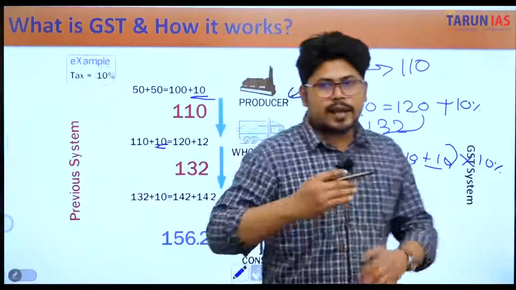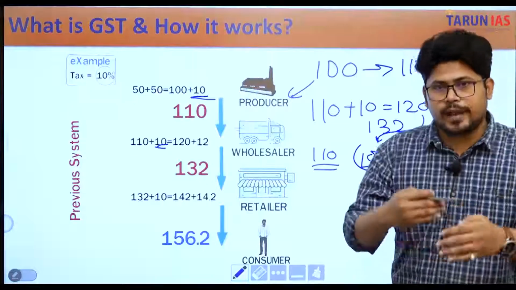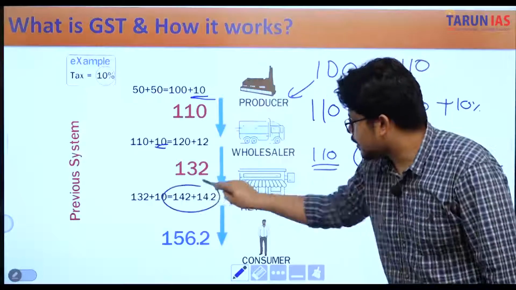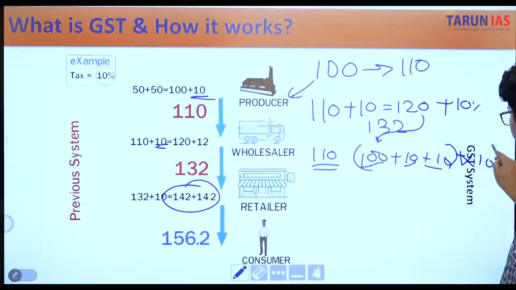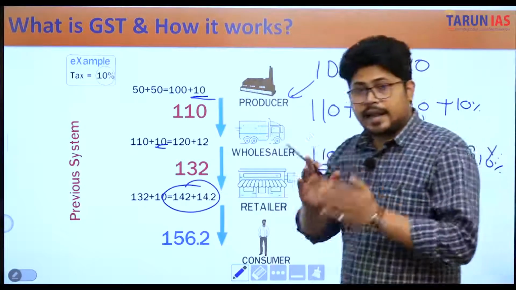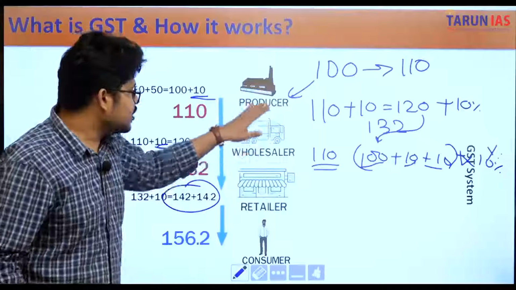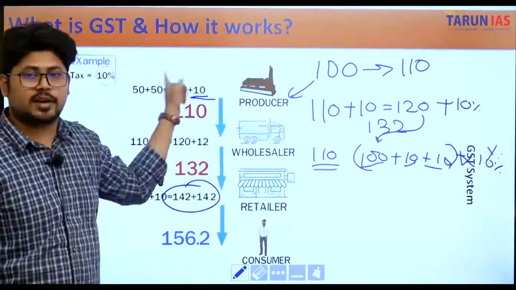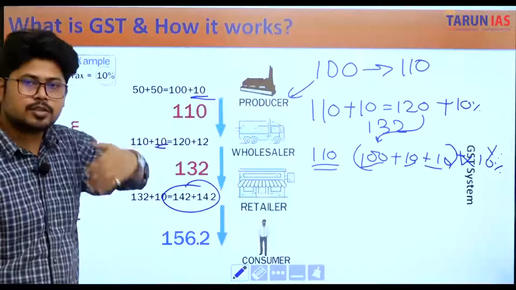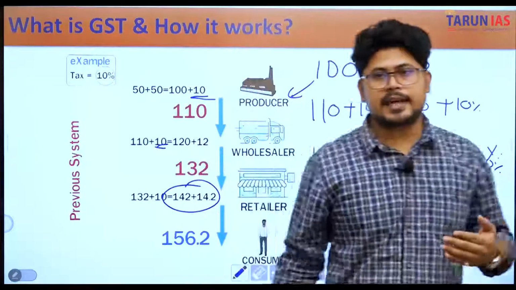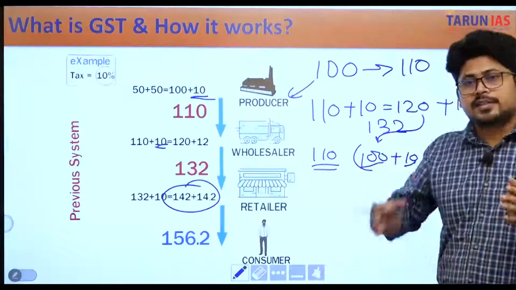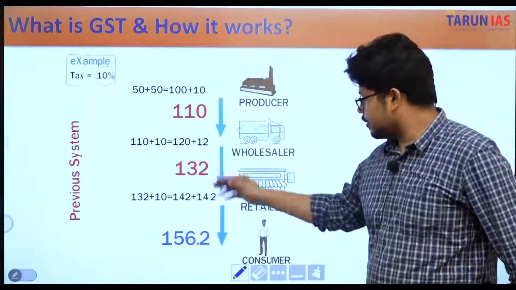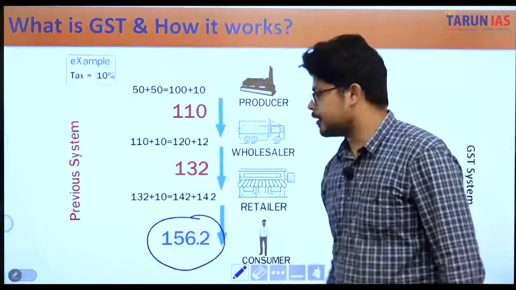That means at the successive levels of the value chain, the original tax, now if this comes here, again you will have to write n into 10%. That means at every step, the original 10 rupees was again being taxed, again being taxed, again being taxed. This is called the cascading effect. Cascading means adding upon. The tax is getting added upon. Now you can see the value of the final product becomes 156.2.